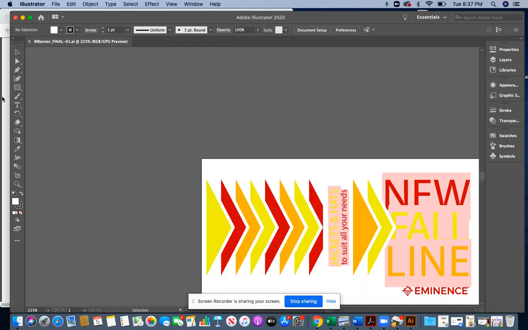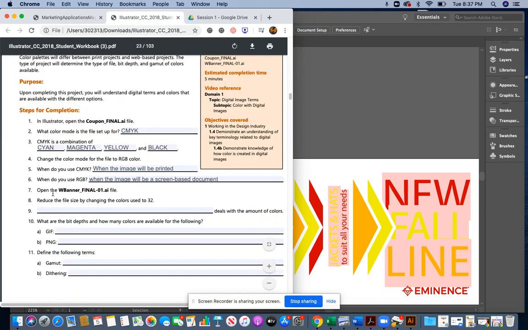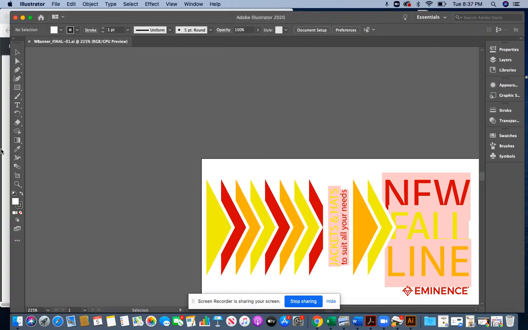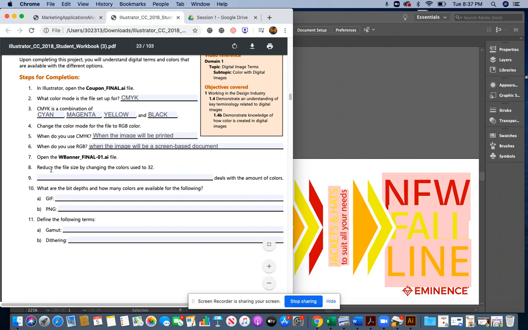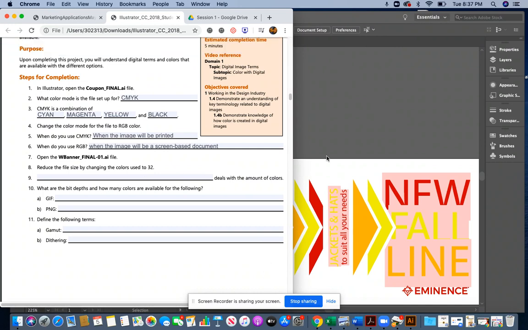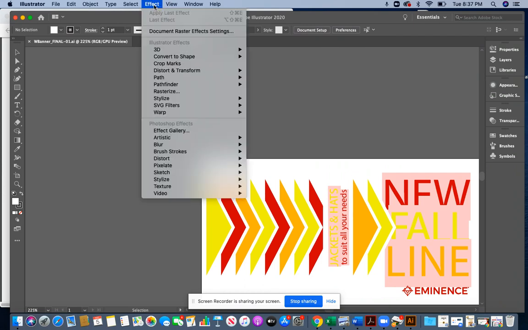Next, the next question says, open the W Banner Final '01 file. Okay, so I have that file here. Then it says, reduce the file size by changing the colors used to 32. Now, to reduce the file size by changing the colors to 32, I am going to come to Document Raster Effect Settings,